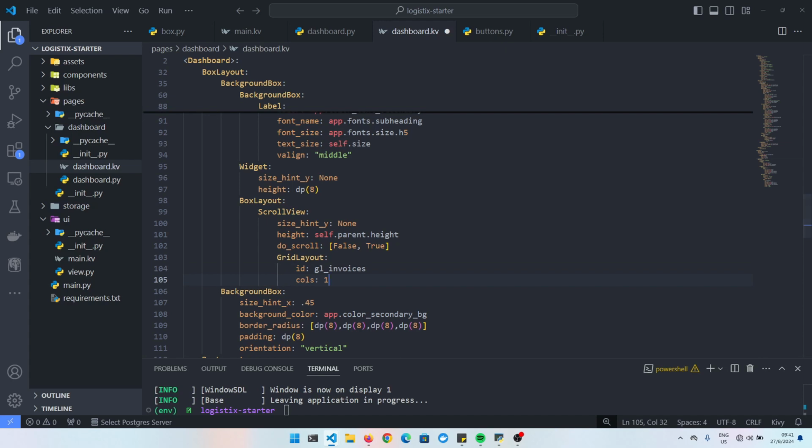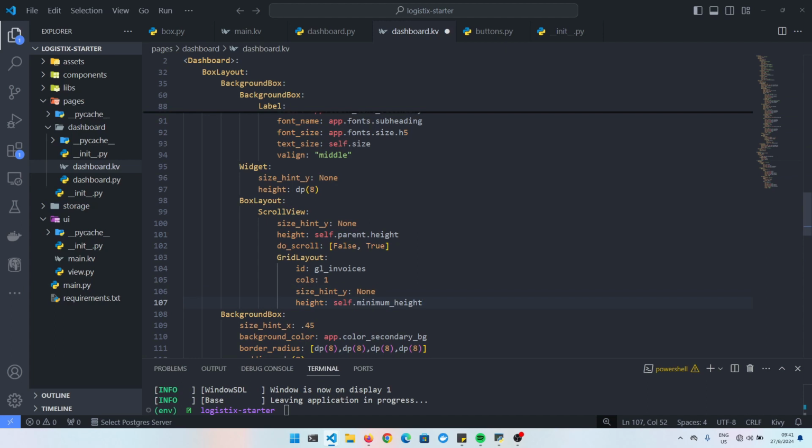thus aligning them vertically. Now let's size this grid layout so that it knows the bounds for its children. We'll set the size_hint_y to None so that we can set the height of this grid to be the minimum height allowed for a grid layout. This makes it such that the grid occupies the least space possible but grows as its children are added. Now let's go ahead and add some spacing to this grid layout's children so that they don't stick to each